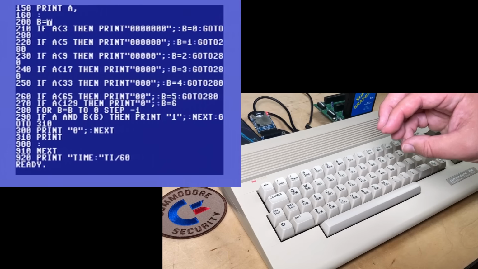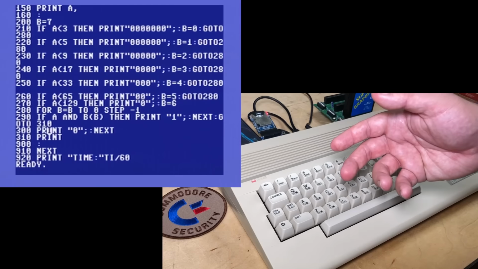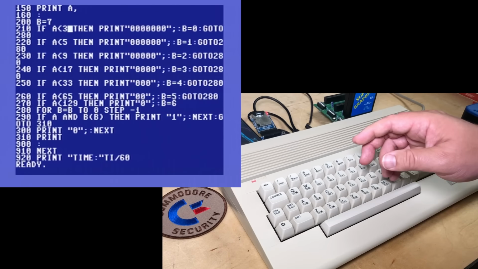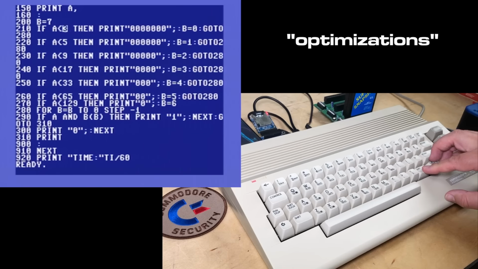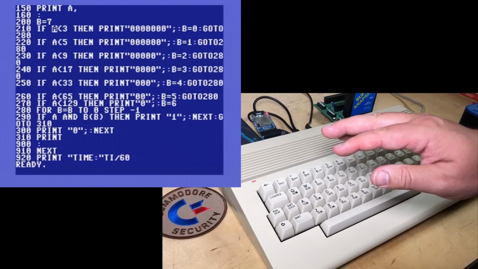So what we're doing here is a shortcut where normally we would want the for next loop to go from 7 to 0. So we set it to 7 here, and I'll get to all these lines of code. Basically we set to 7, and then 280 through 300 are the same code that we just saw, just doing the for next loop from 7 down to 0, all the same optimizations here. But there's this extra set of optimizations where we check if the value of A is less than 3, then we know